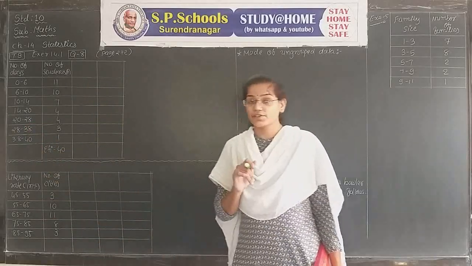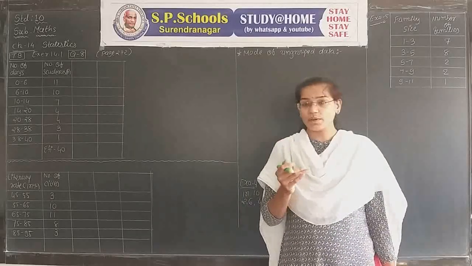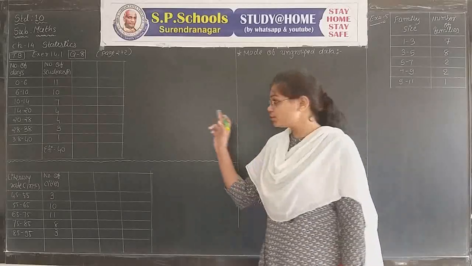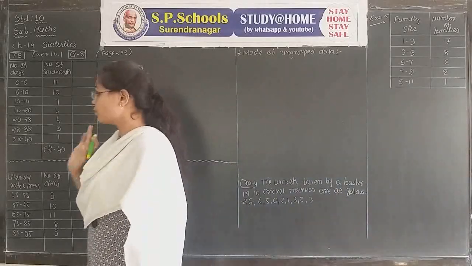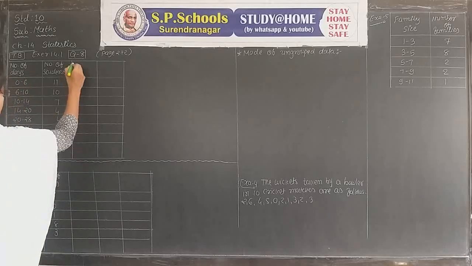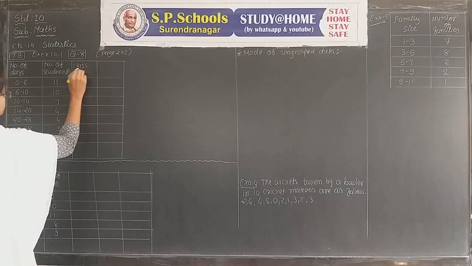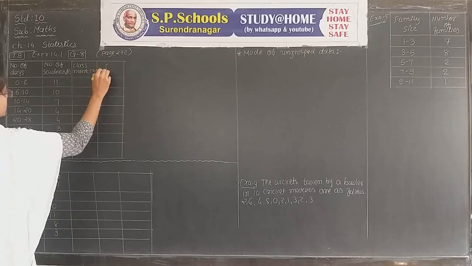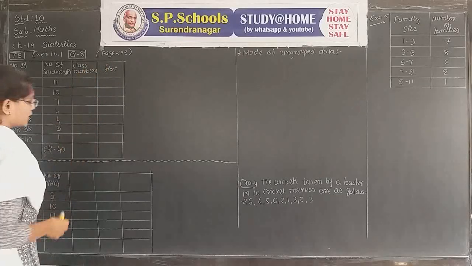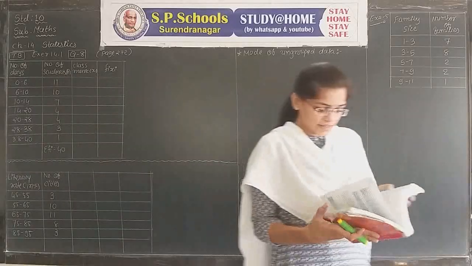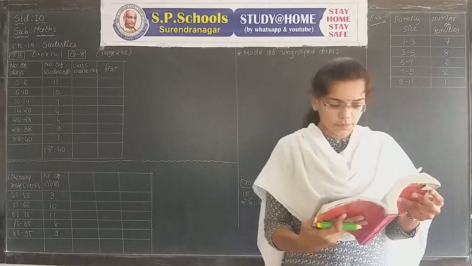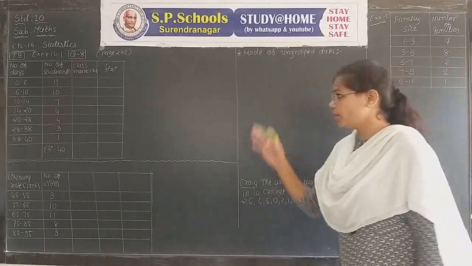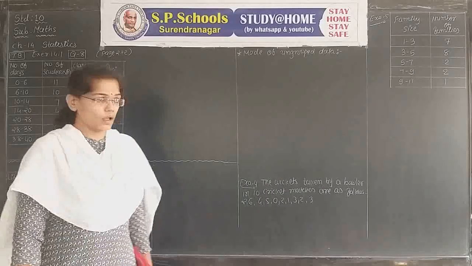Here the step deviation method is not so easy. The assumed mean method is also not so easy. The direct method is easy for solving this sum. So 4 columns are required. The third column is for the class mark Xi, and next is Fi multiplied by Xi. If you remember, our example number 3 is exactly related to the 8th question of exercise 14.1.